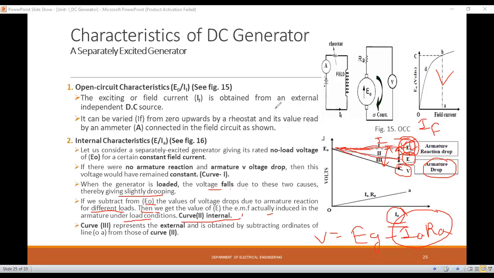Okay, now second one, types of generator is that